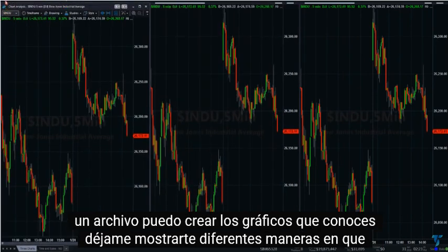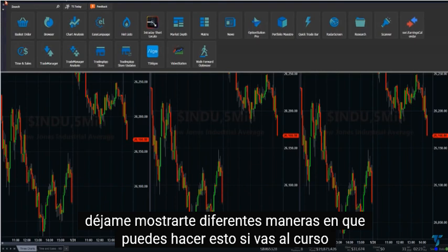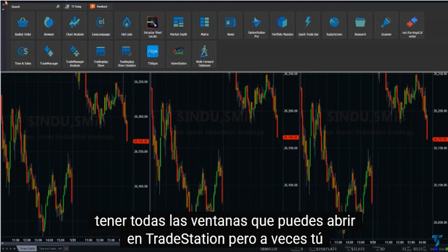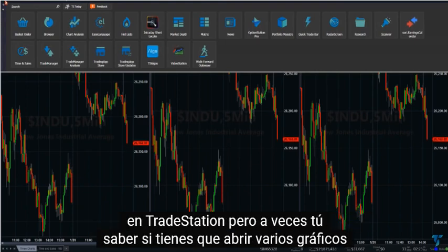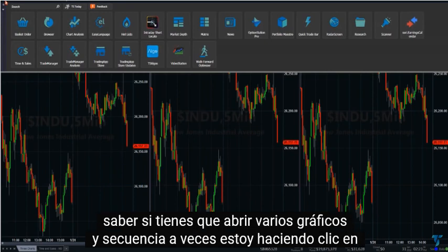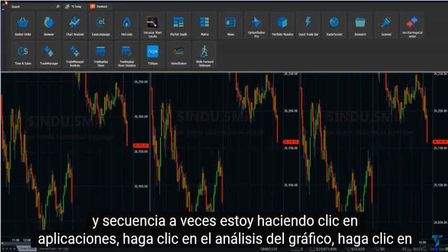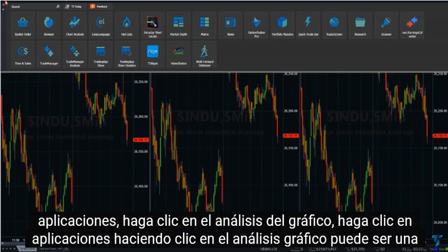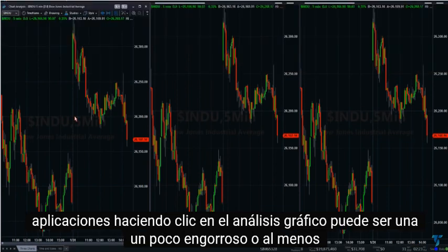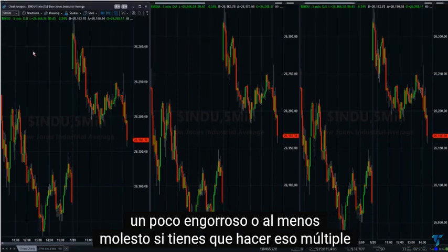I can create the charts. Let me show you different ways in which you can do this. Of course, you have all the windows that you can open up in TradeStation. But sometimes, if you have to open multiple charts in sequence, clicking on apps, clicking on chart analysis may be a little bit cumbersome,